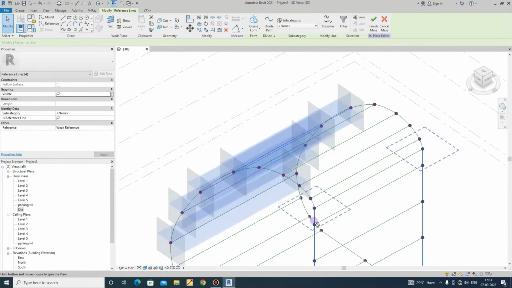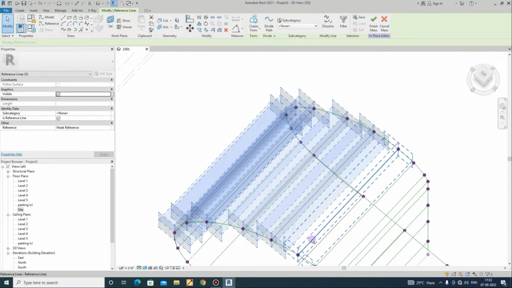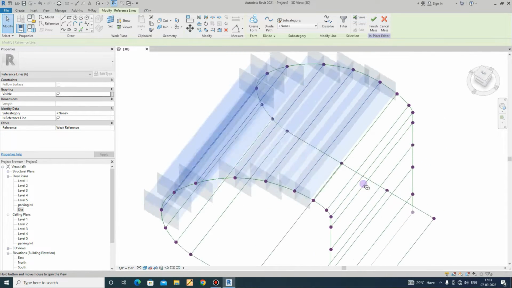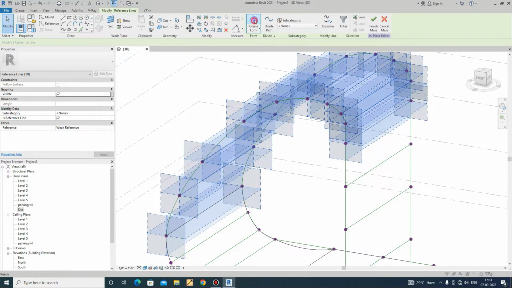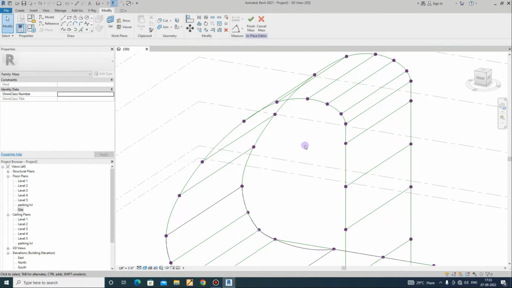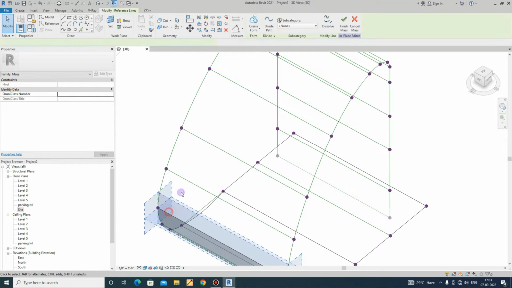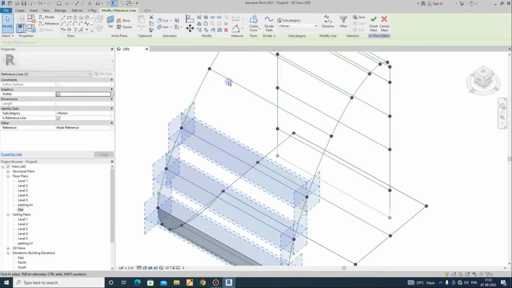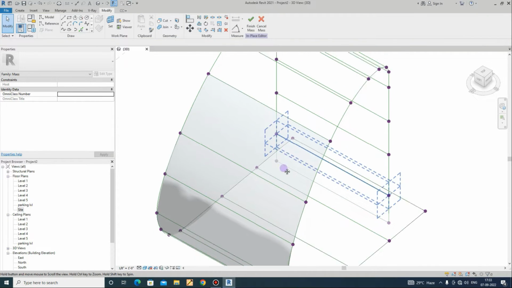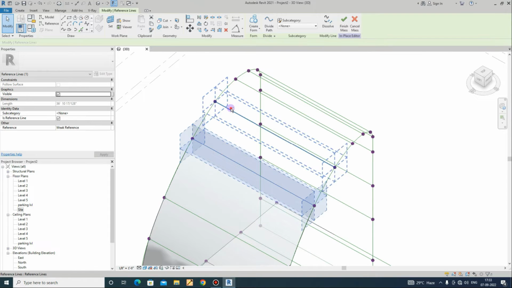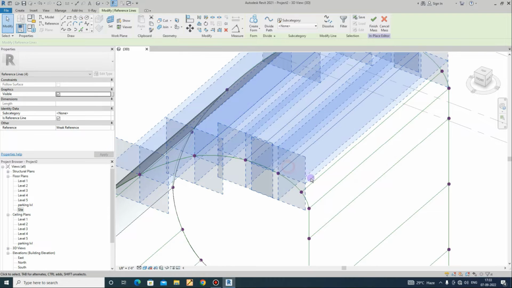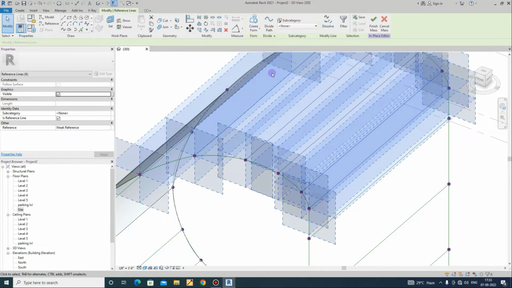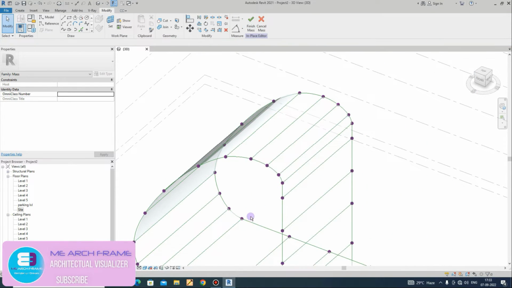Then two, 4, 5, 6. Unable to create. Create 2, 3. Let's check out. Okay.